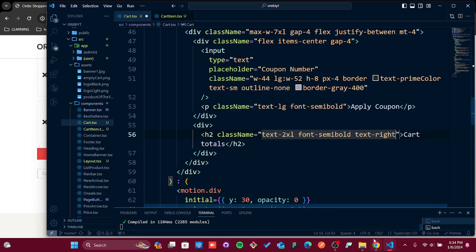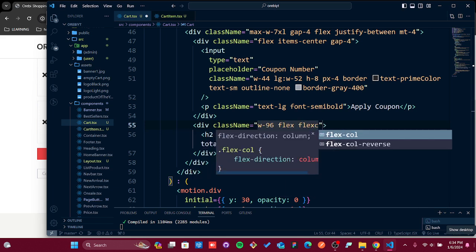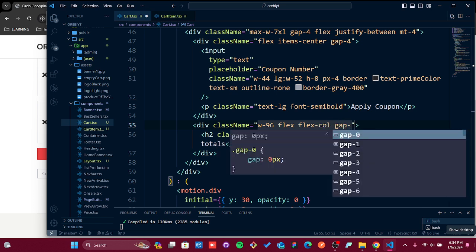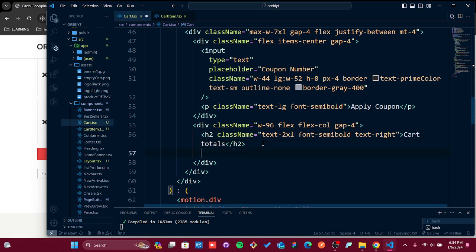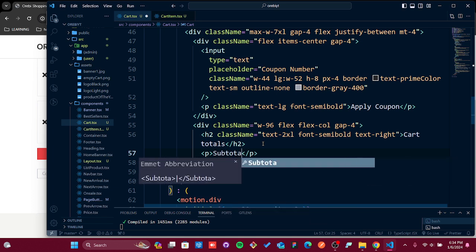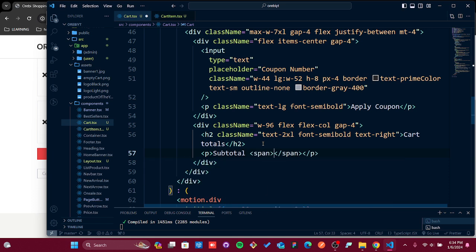And in that particular div we will put some initial class name. For the class name, the width is going to be 96, flex in column, and the gap should be 4. After that h2 tag, let's create a p tag here which is going to inject that subtotal. Inside that p tag I will take another span tag which will define the total amount,